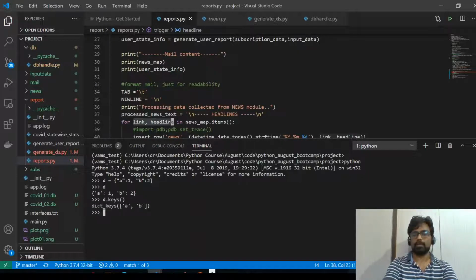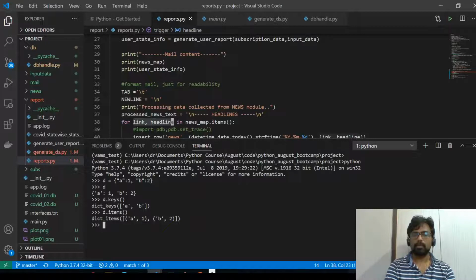If you try to get D.items, you can see that it returns an iterator of dict items, and inside this, key and values are put in a tuple.